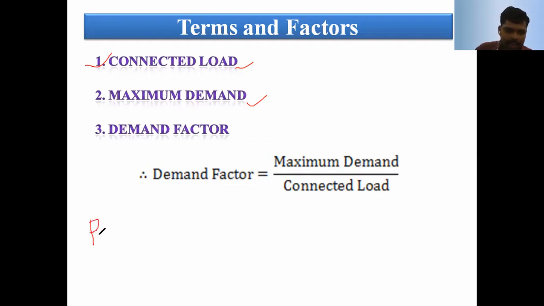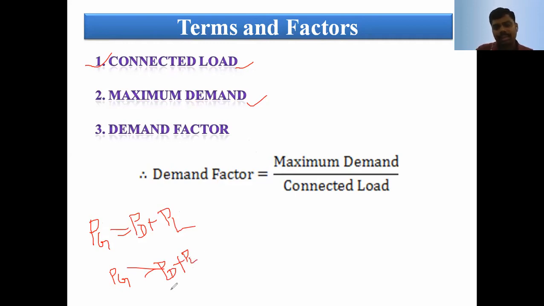Here the power generation is equal to power demand plus line losses. Twenty years back, the power generation was greater than the power demand. Generation is constant, and at that time the demand was less because the technology was not developed that much. But at present, from early morning when we wake up until we go to bed, we depend maximum on electrical and electronic gadgets. The primary thing required is electricity.